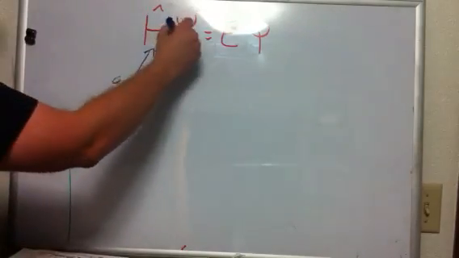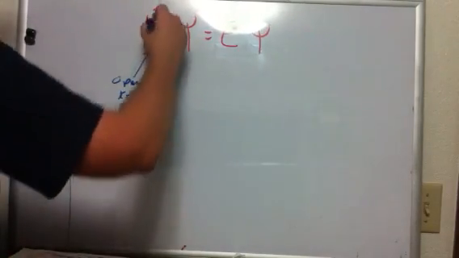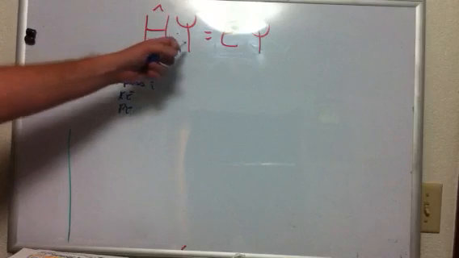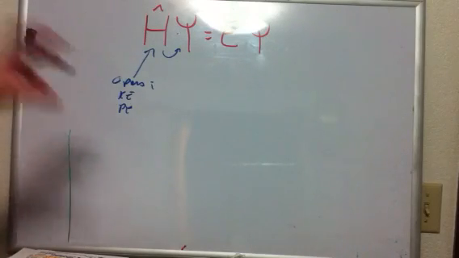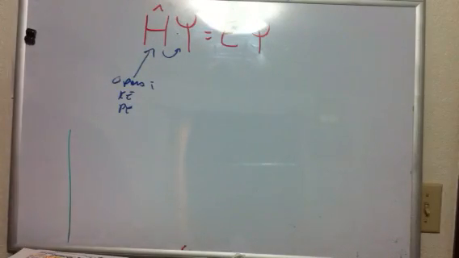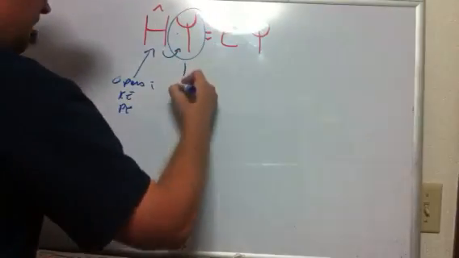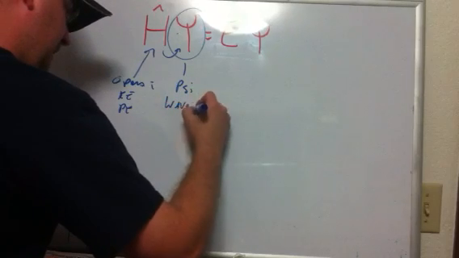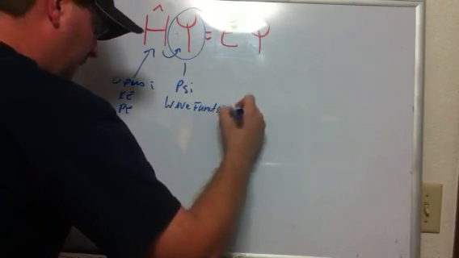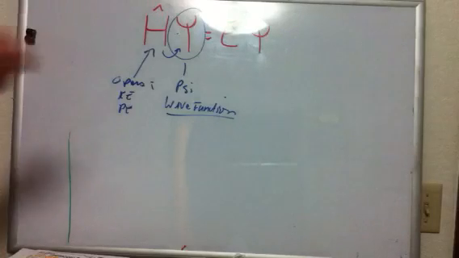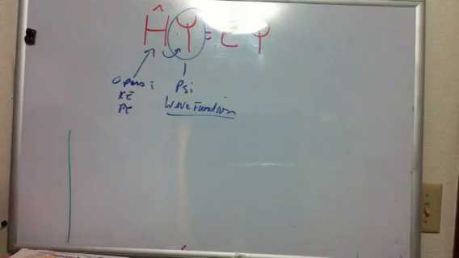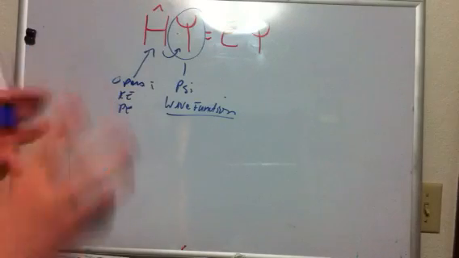Now, this is not multiplication. It's actually operating on it, which can do very complicated mathematical things to this little thing called psi. It's not multiplication, it's an operation, which is a bit more complicated. Now this thing here, psi, from the Greek alphabet, is also called a wave function. A wave function is an incredibly complicated mathematical concept that treats the wave-like characteristics of an